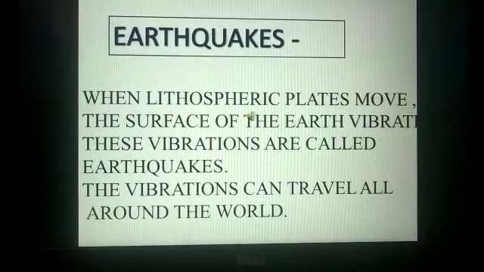Earthquakes produce three types of seismic waves: primary waves, secondary waves, and surface waves. The fastest seismic waves are called primary waves or P waves. We can also call them longitudinal waves. Secondary waves are the second seismic waves to arrive at any particular location after an earthquake is caused. These are also called transverse waves. And third is the L waves or the surface waves.